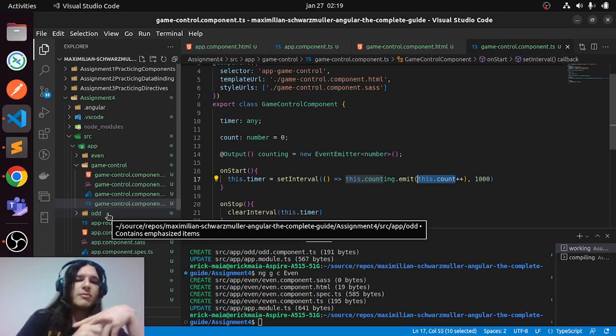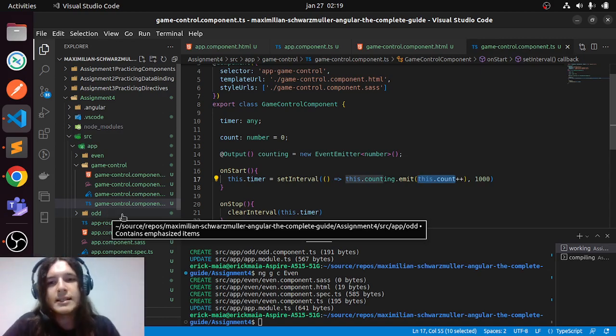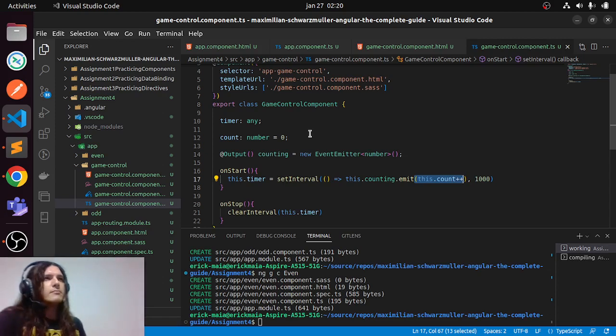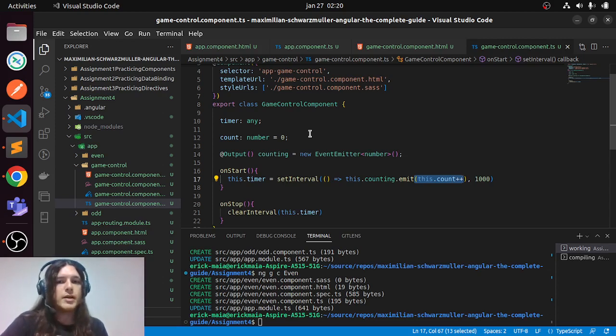If we stop and think a little bit about this, we might have only the last number of our count, and it could be a number in the app component, and we wouldn't need to pass a count number into the app component. And there we could do an ngFor loop between 0 and the last number stored, which could be incremented every time this counting event is emitted. But